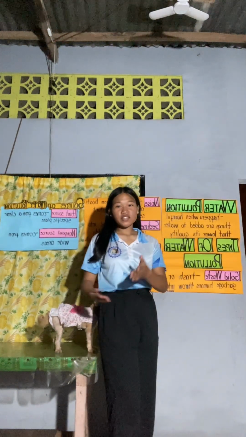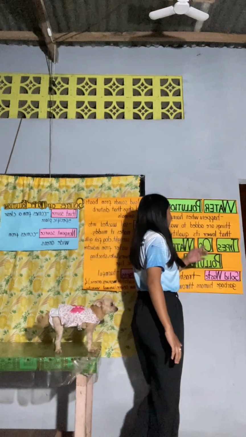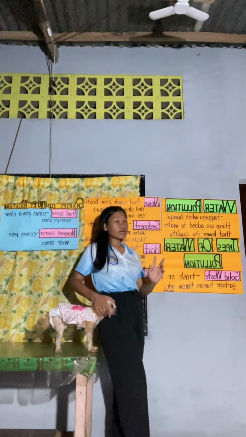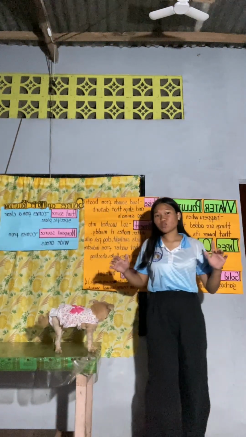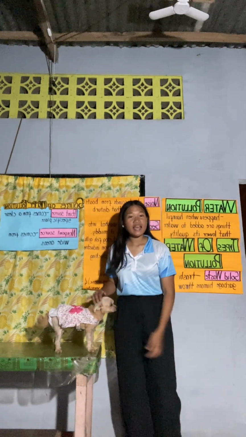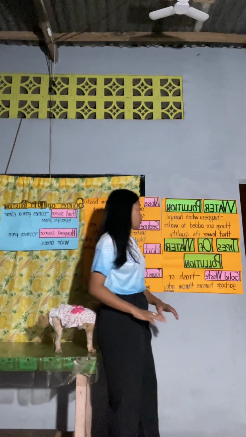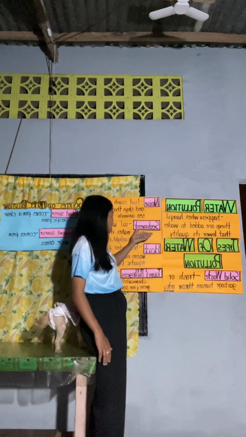So today we are going to tackle water pollution. When you say water pollution, it happens when harmful substances enter water, lower its quality, and make it unsafe. There are types of water pollution: solid waste, noise, sediments, heat,